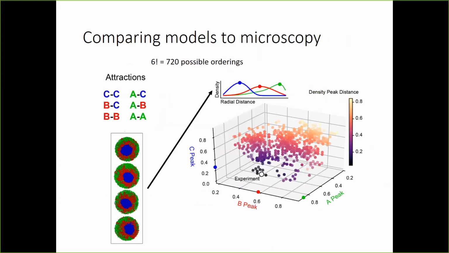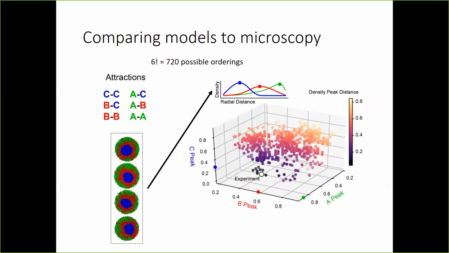So then for these 720 orderings, we generated our molecular dynamics ensembles. We computed the density of each of the types of monomers as a function of the radial distance,